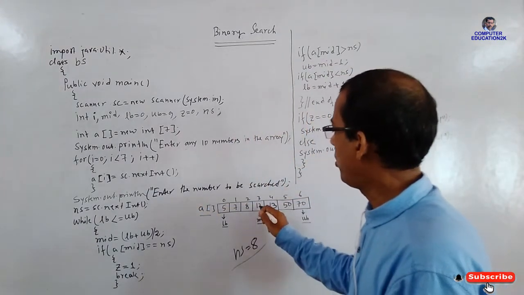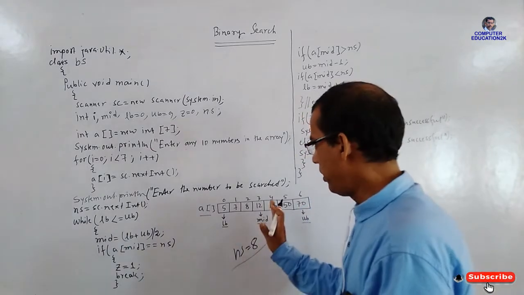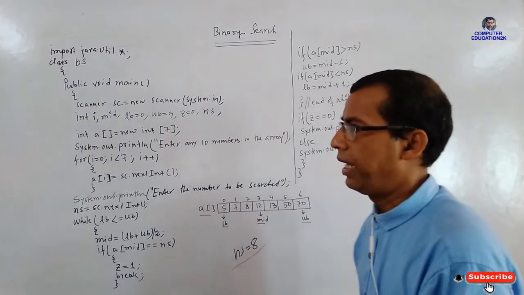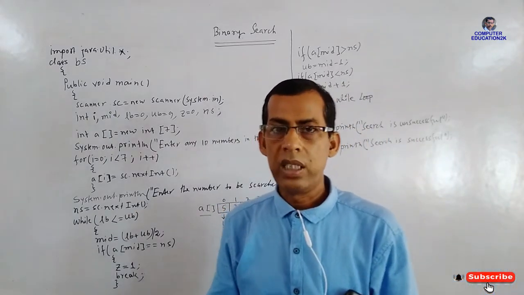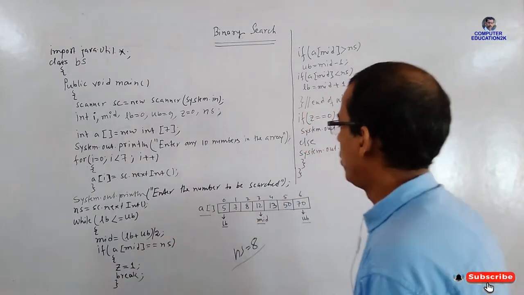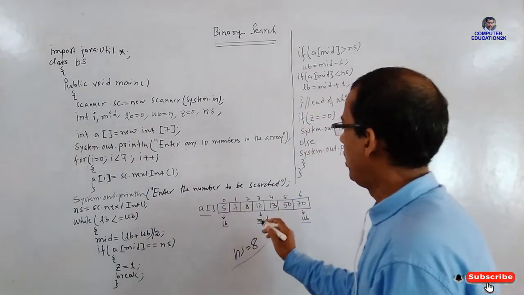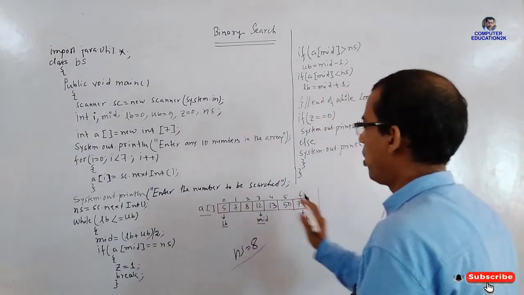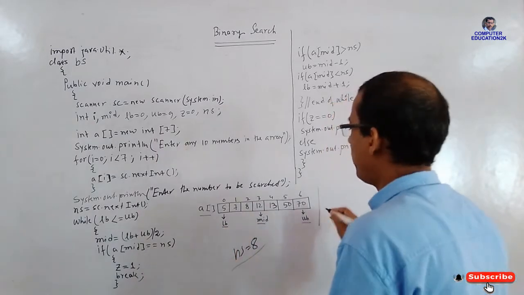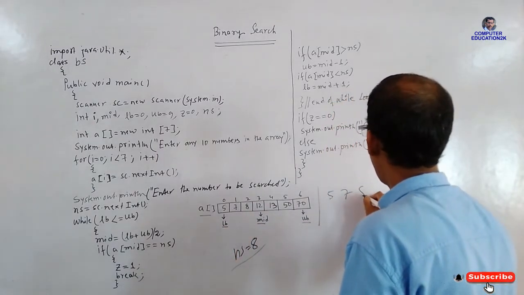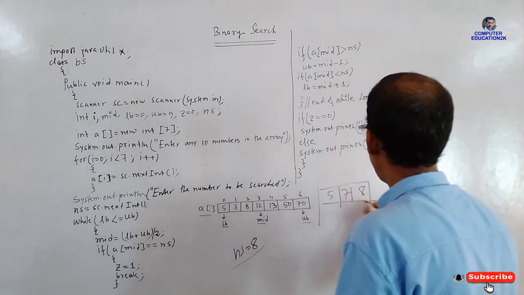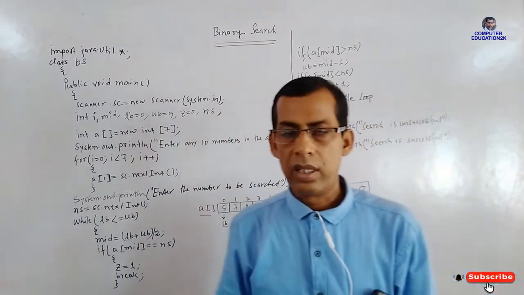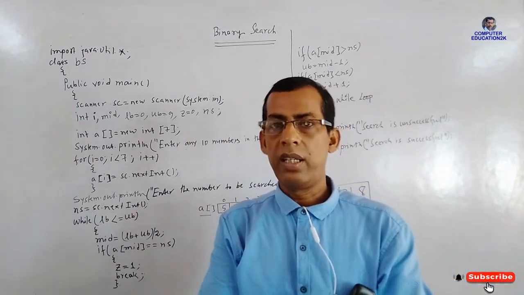Suppose you want to find the number 8. The number 8 is not there in the mid, so the computer will divide this array in 2 parts, one part is this and one part is this. As the number is smaller than the mid number, obviously you will get it on the left hand side. So the computer will take this part. One part is 5, 7, 8 and another part is this. Obviously you will not take the other part because the search number is smaller than the mid number.